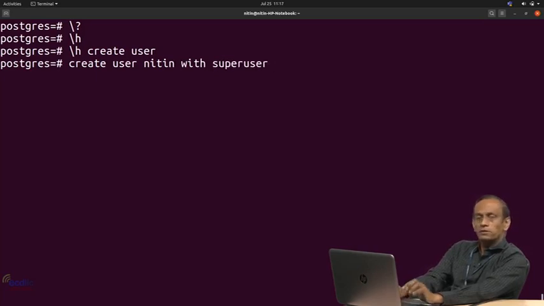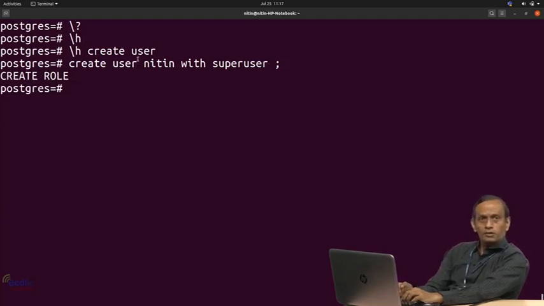So, you write this as create user, your username, with super user. When I gave the username Nitin, I expect that it is whatever Linux user you are using on your system. So, if your username is, for example, 123, then your database username would be 123 only. Here I gave 123 as an example, meaning a text representation following the rules of an identifier. So, create user, your username, which is the same as the default username that we are using while interacting with the Linux operating system, and you write with super user. When you create this, you should be able to see that the user is created.